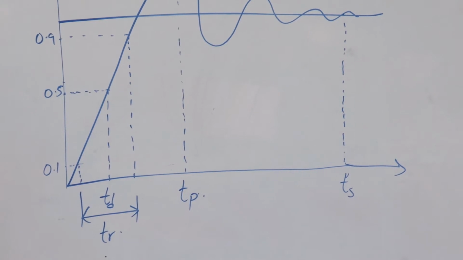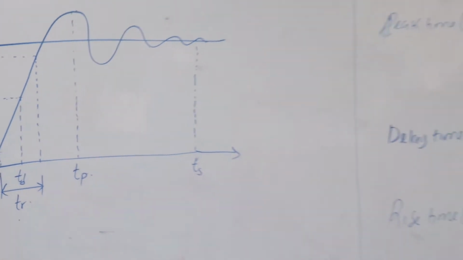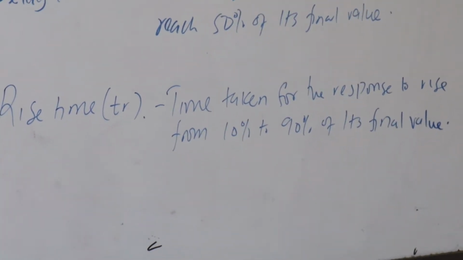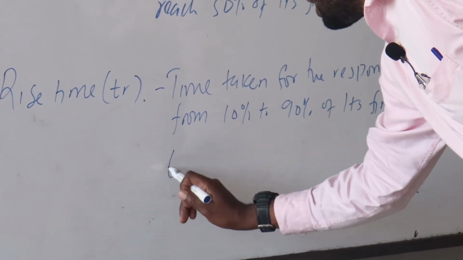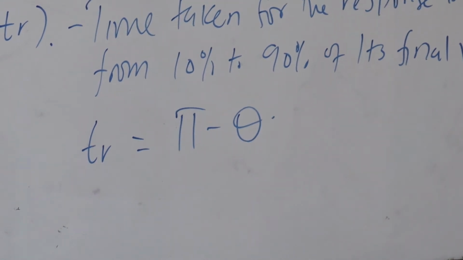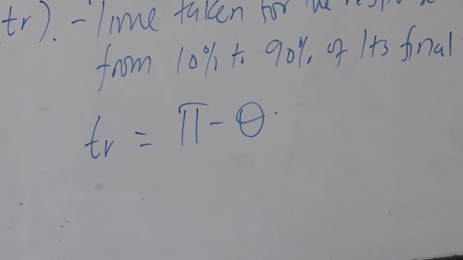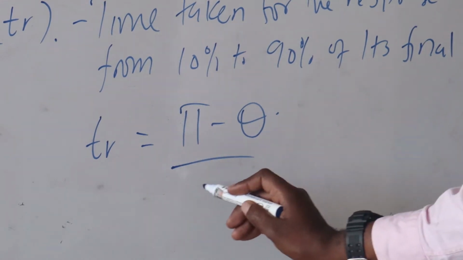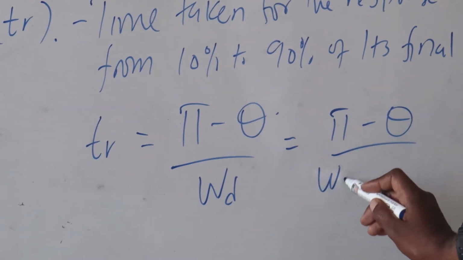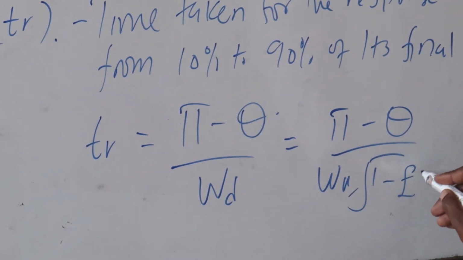And the rise time in this case, TR, is always given by pi minus theta over omega n, or we can say pi minus theta over omega d, which is the same as pi minus theta all over omega n root of 1 minus zeta squared, where zeta is the damping factor. So that is what the rise time is about, where theta